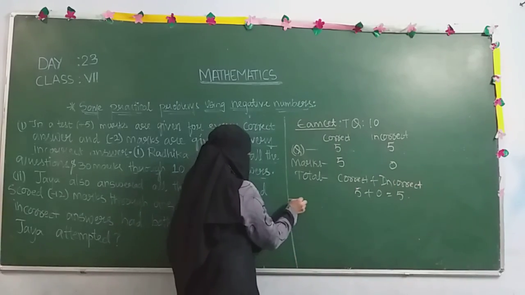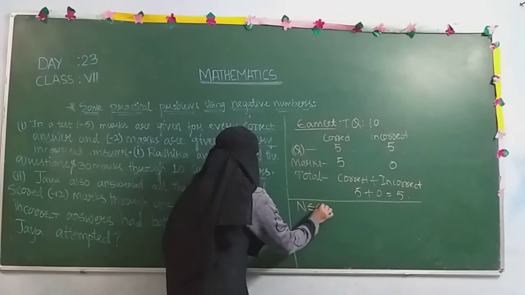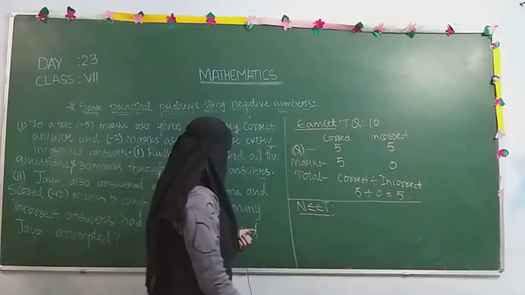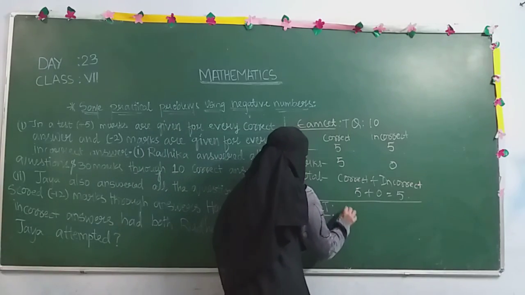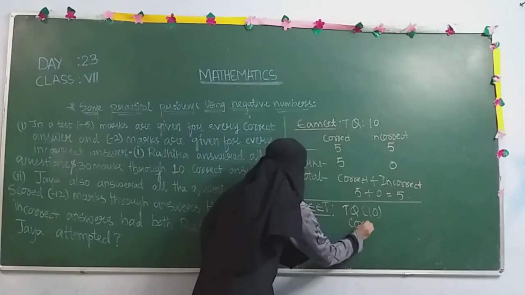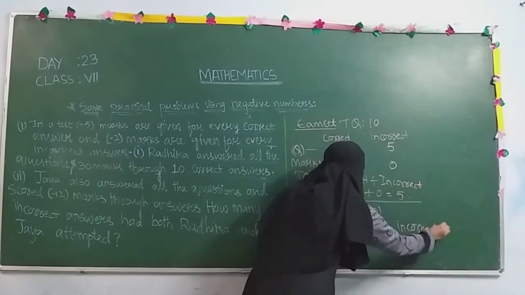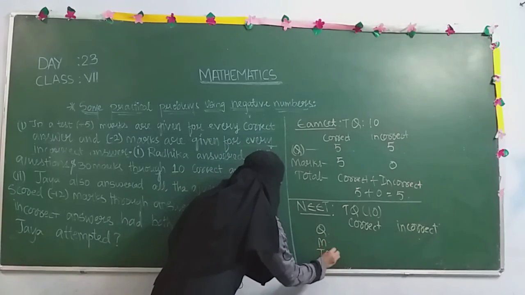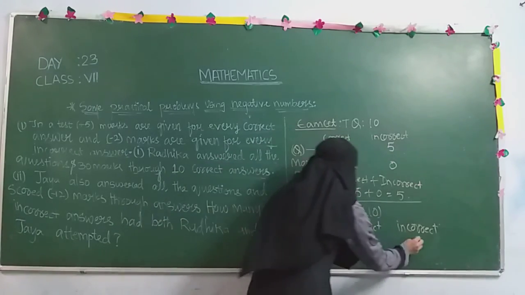Now they have introduced a concept of negative marking in NEET. This is the drawback for the student, but this is the advantage for the universities. In NEET, what is there? Suppose total questions 10 are there. Again, how many have you attempted correct? How many incorrect? They have number of questions, marks, total marks. 5 correct you have attempted and 5 incorrect.